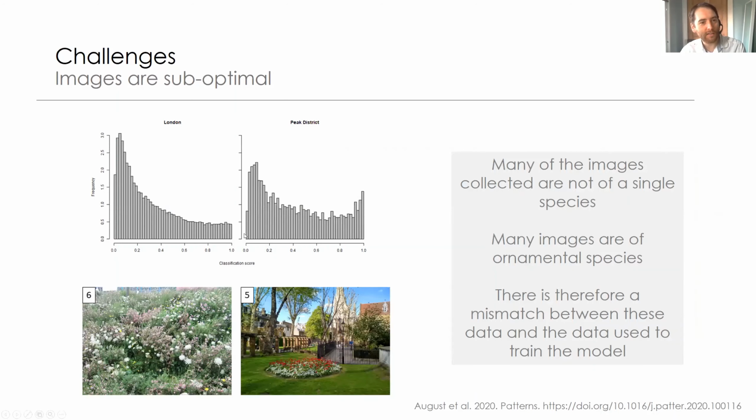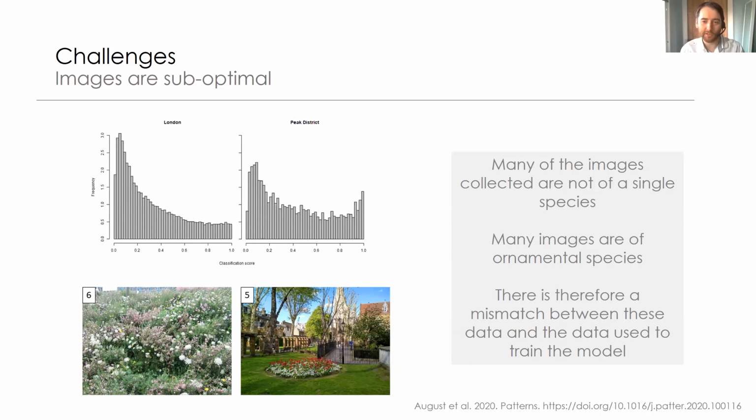If we look at the top two graphs here, this is the distribution in the classification score. So at the right-hand end, we're very confident with the identification. On the left-hand end, we're not very confident. And so you can see there's not a very high proportion of these observations where we have a classification score over, for example, 0.9, where we could be more confident that the classifier's got it right. But there is a peak in both these regions at the bottom end, which means there's lots of images where